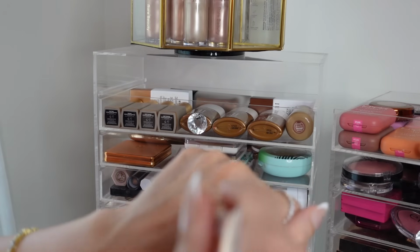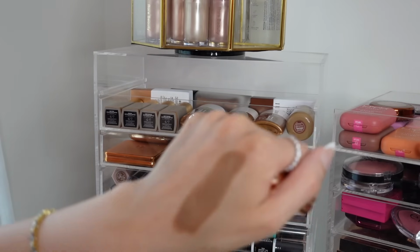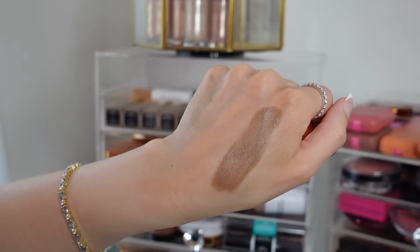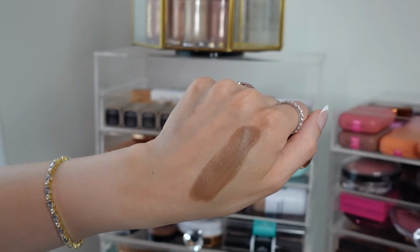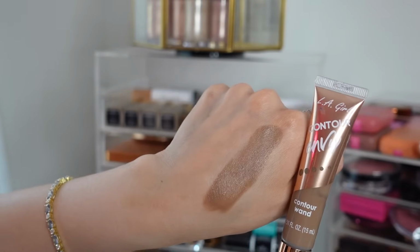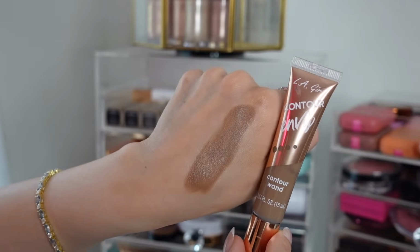The tone of this, like I said, is a little bit more cool toned. I experimented with this a couple times. I want to keep it just to play around with it a little bit more because I love LA Girl. You can usually find them at Ulta or CVS, but this is a nice cool toned contour that isn't too